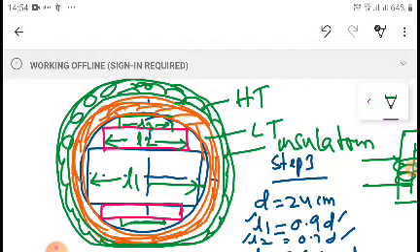At the same time, some cotton pads are also inserted in between the primary winding and secondary winding, through which air or cooling media can flow. Okay, so these are the basic concepts of the primary winding and secondary winding. The red color is the LT winding, low tension winding, whether it's primary or secondary, and the HT winding.